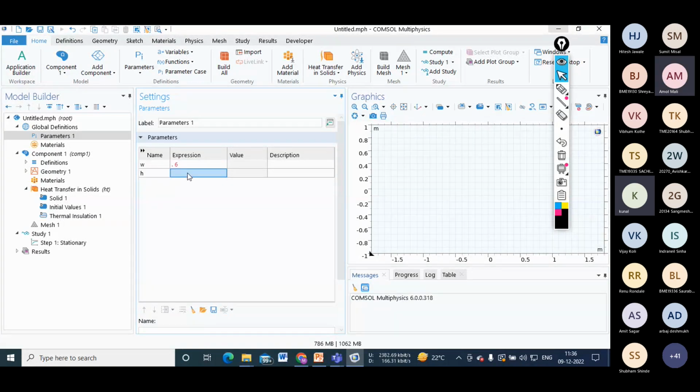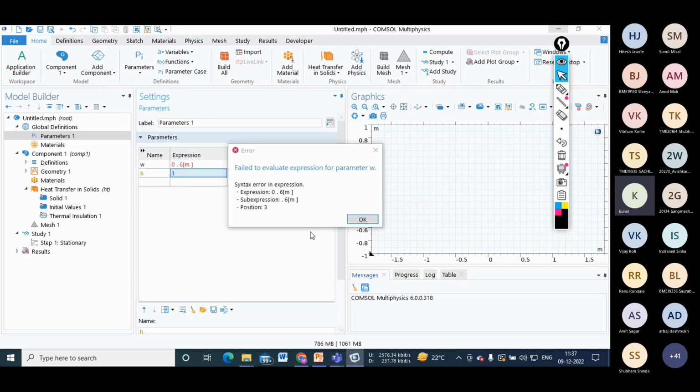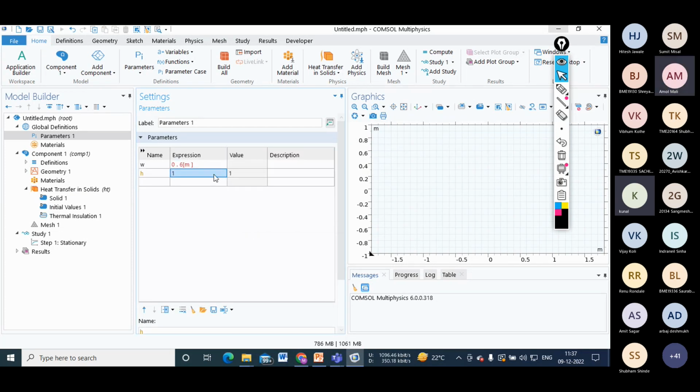then height will be how much, 1 meter, okay, so here you can give unit also. So here I have defined the height, we will define the width at the time of generation of geometry,